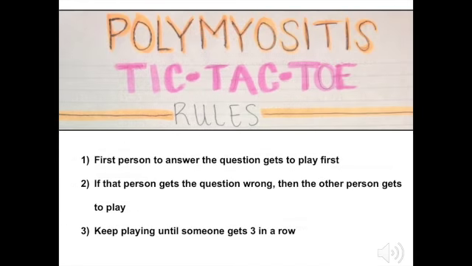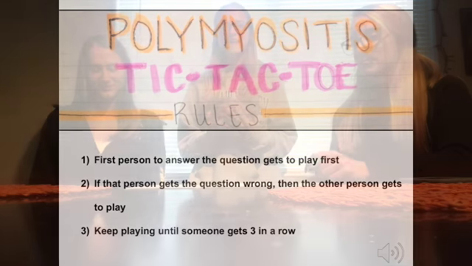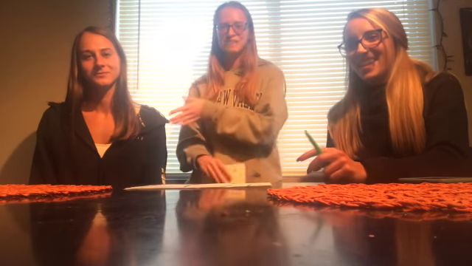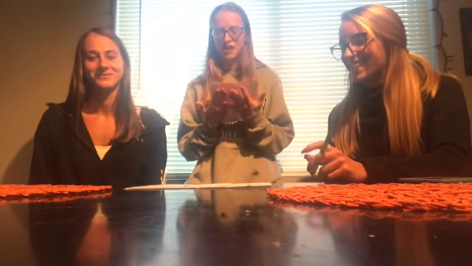Here are the rules to polymyositis tic-tac-toe. First rule is first person to answer the question gets to play first. Second, if that person gets the question wrong, then the other person gets to play. And lastly, keep playing until someone gets 3 in a row. Polymyositis tic-tac-toe, and our contestants are Sydney and Morgan. And to start off, our first question is,